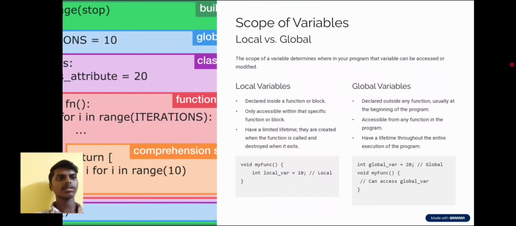Global variables. They are declared outside any function, usually at the beginning of the program, accessible from any function in the program. Have a lifetime throughout the entire execution of the program. Example: int global_variable = 20; void my_function() {